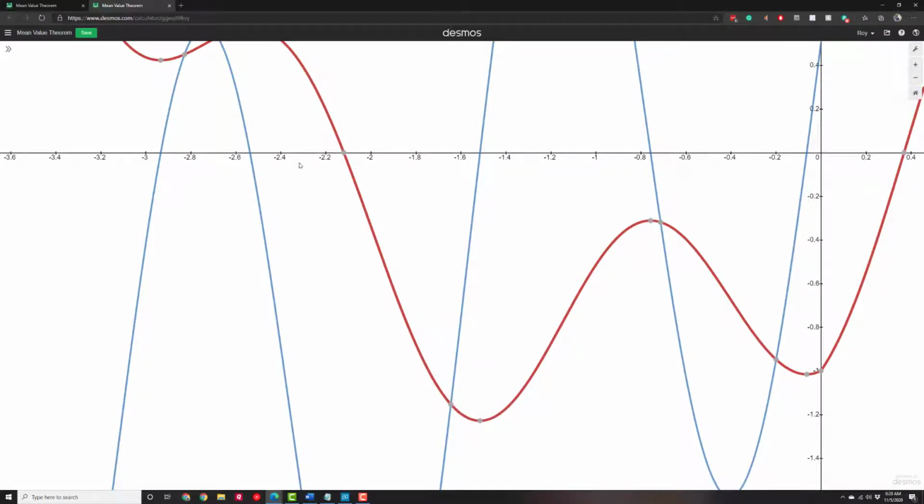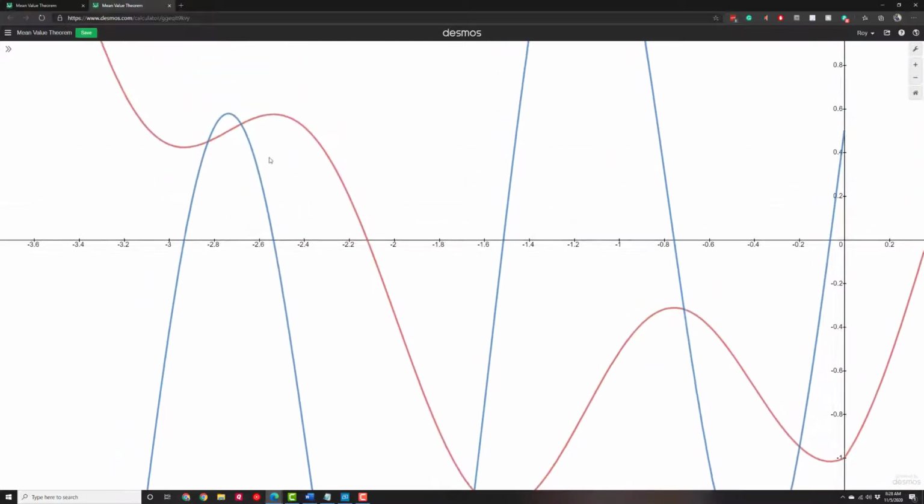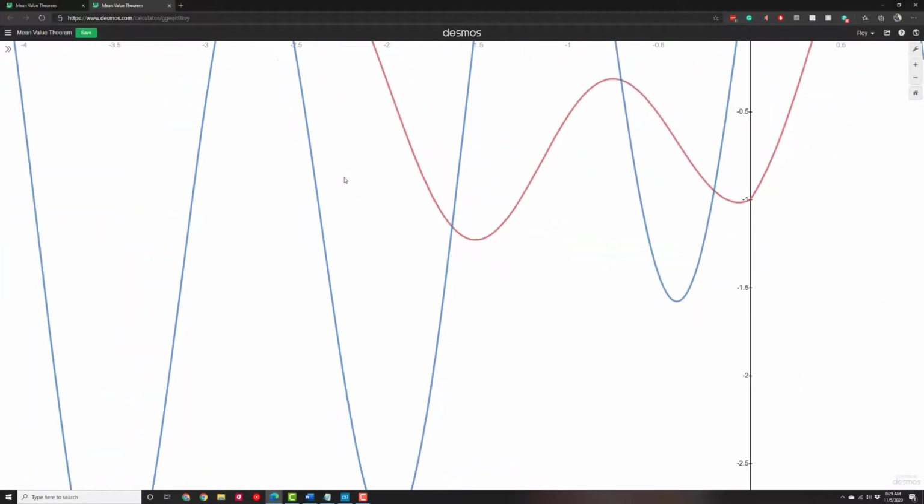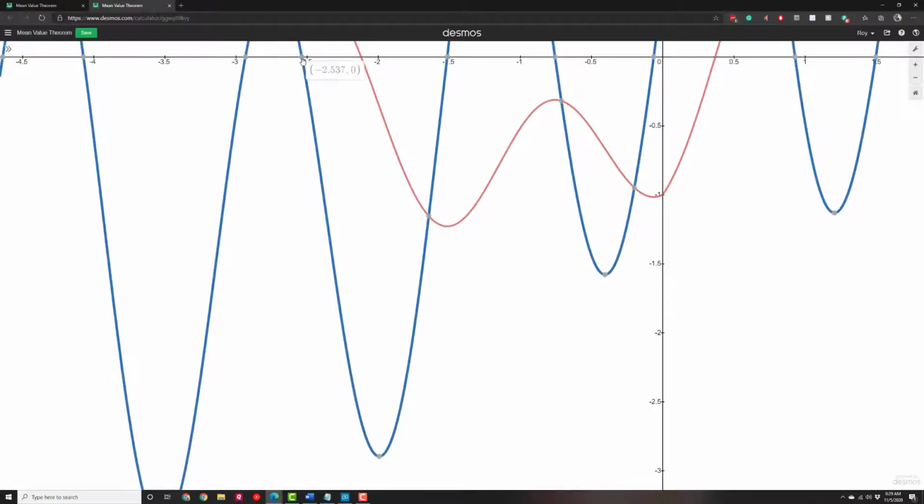Notice the function is in red, and the blue function is the derivative. And notice that the blue function goes negative here. It's below the x-axis from x equals negative 2.537, which is basically where this right here starts dipping down. And the blue curve remains below the x-axis, in fact significantly below the x-axis, from that negative 2.537 all the way up to